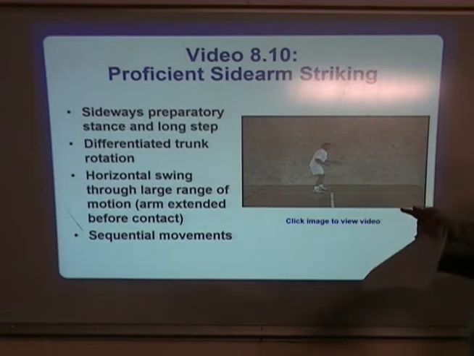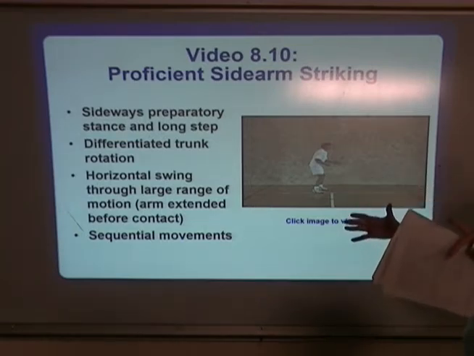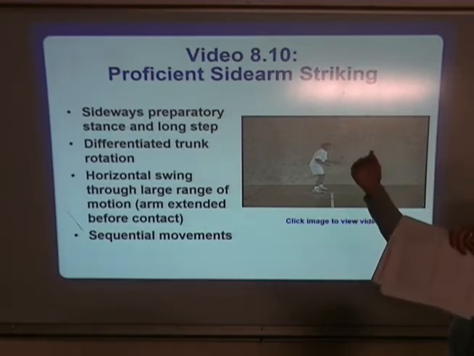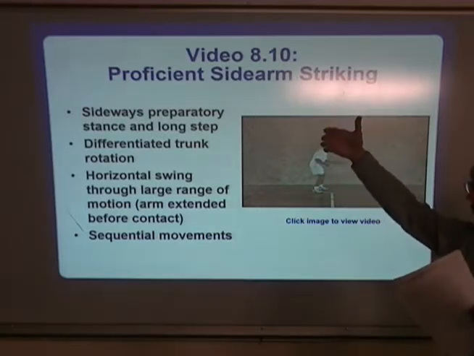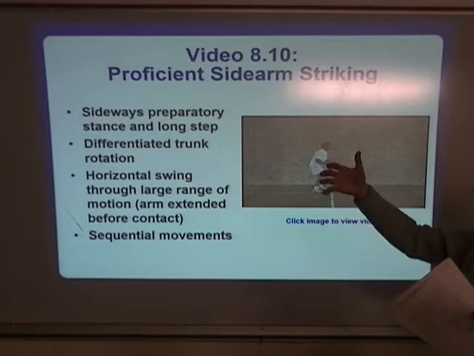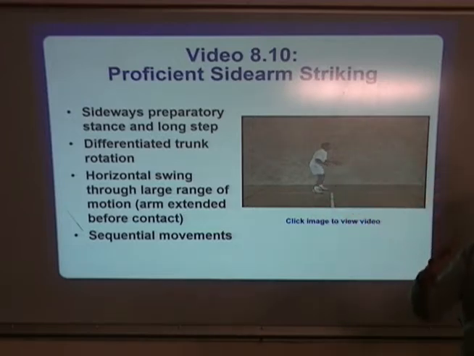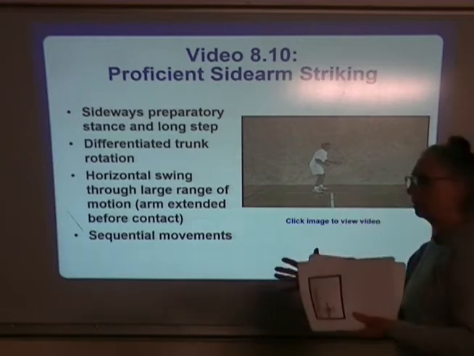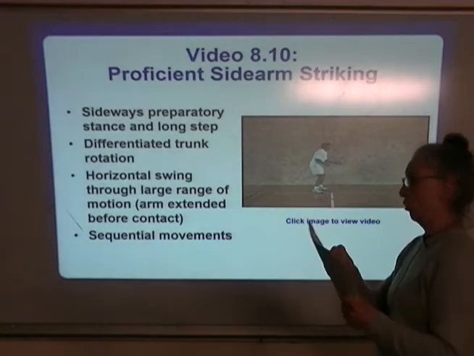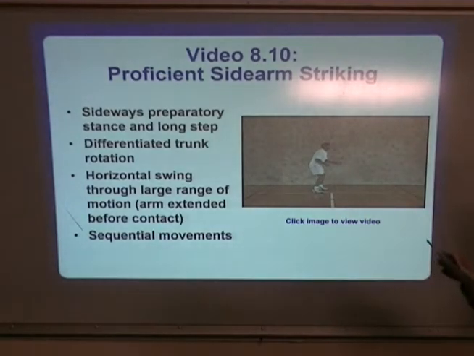Remember, we're looking at a fundamental foundation that we need to reach competency at in order to then be able to teach other sports skills. So if I want to teach baseball or I want to teach tennis, I need that fundamental level of striking first. So typically a horizontal swing,